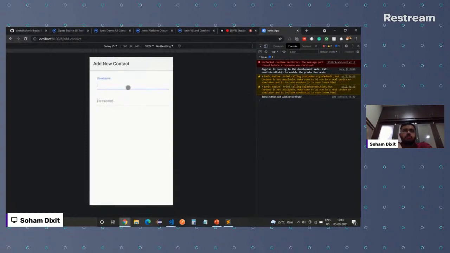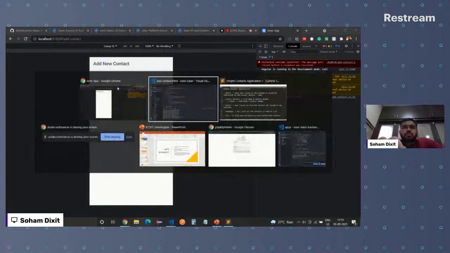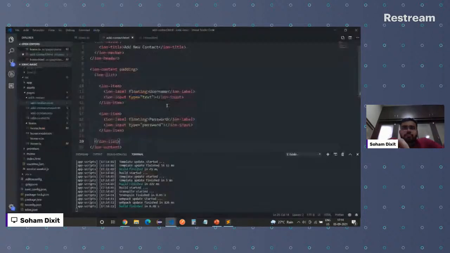Perfect. I am seeing the username field, I am seeing the password field. Isn't it easy, right? Something which seemed like a far-reaching task for you is quite easy right now. This is nothing but your login page. After this workshop, even if you build something, that application might have a login, and in that case you can use this logic. You will have these two fields, username and password, and even the password is in password format. But let's do it as per our requirements.